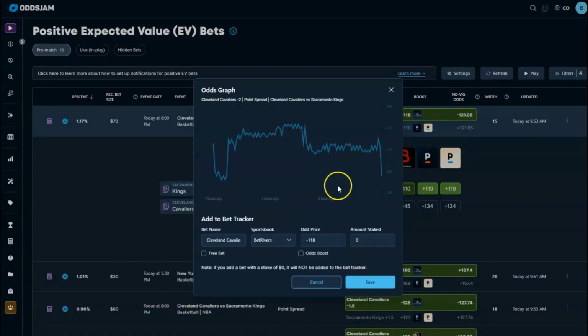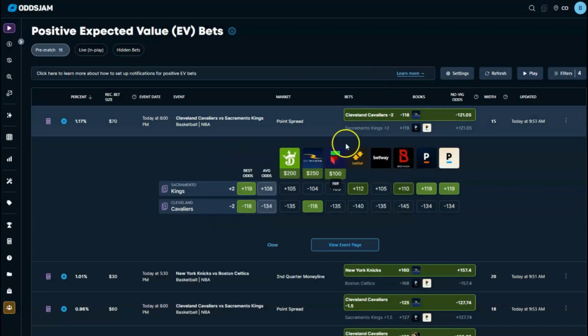And lastly, you can see some of the market data. You can see some of the market movement here. And that's really going to give you a good indication of how this pricing is changing and where the market's going. So you can see here, it was minus 118 earlier. Now it's at minus 132. That's a strong indication that the money's coming in and going on that particular side. So you have an outlier here. You have a place that's not caught up with the market yet,